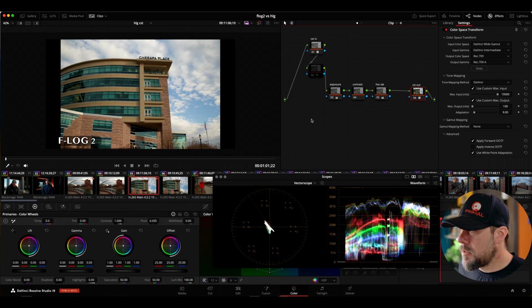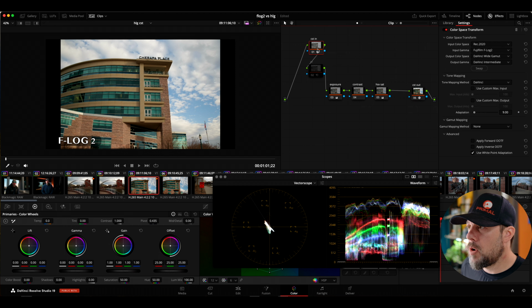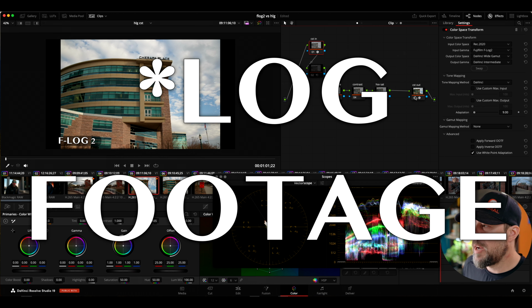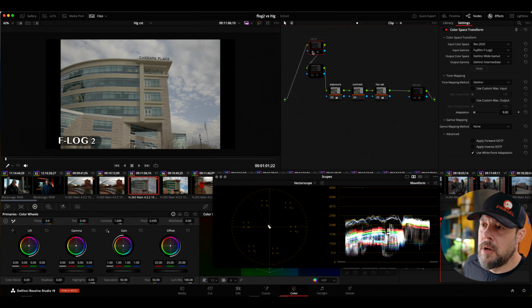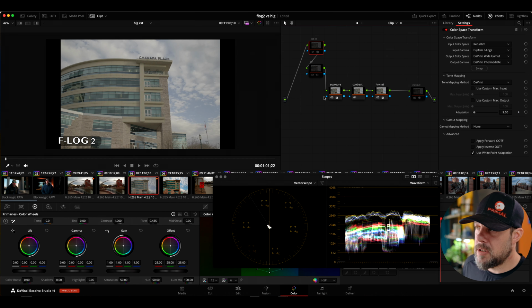First things first, our color space transform to get us from log into 709. A lot of people drop the LUT on that Fuji provides. I used to do that as well, and what I have been doing for a while now is the color space transform, and I really like that. So essentially what we're doing is we're taking the Rec 709 footage, which is what this looks like,